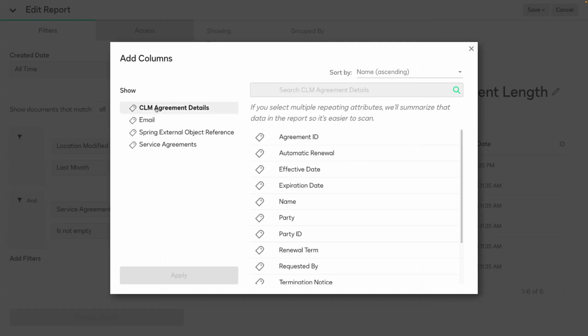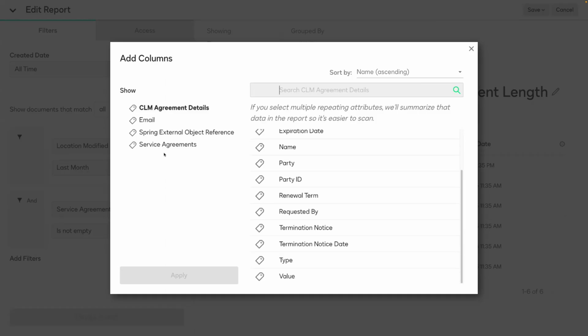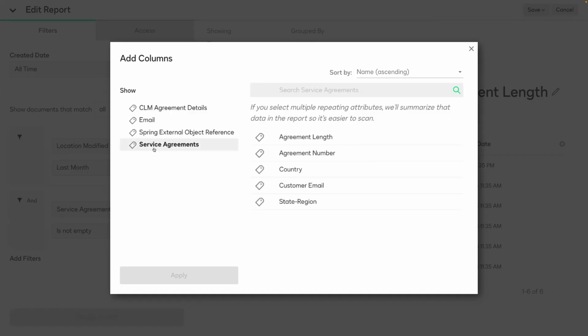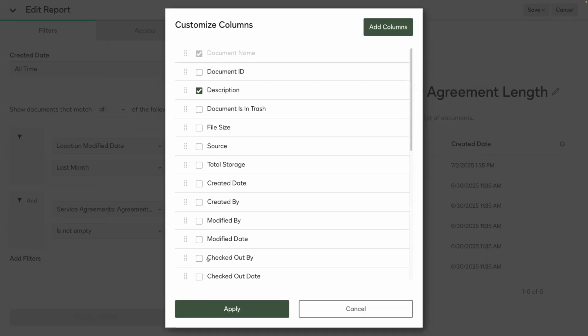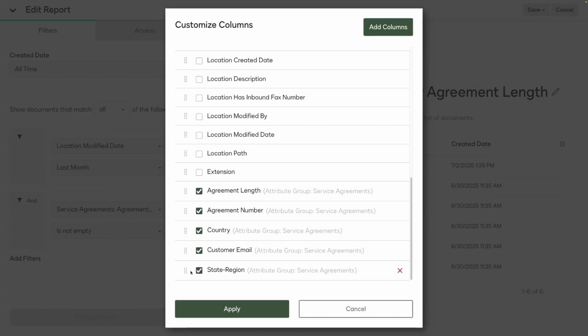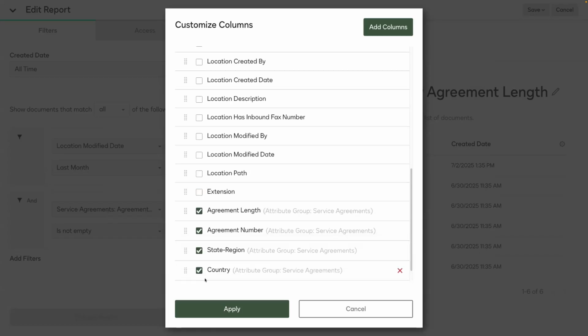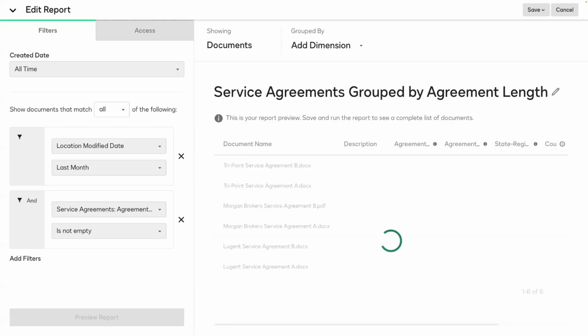I can select from the CLM agreement details for the party management feature, as well as any custom attribute groups that I have, like my service agreements group. I'll go ahead and add a few in here. And again, I can rearrange the order. Apply. And that will update the columns available within the report.